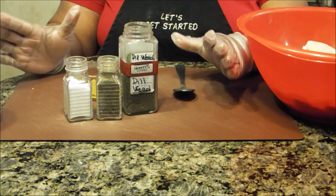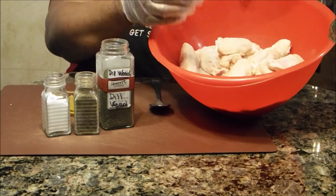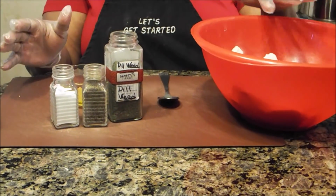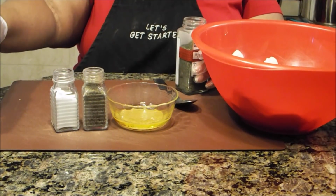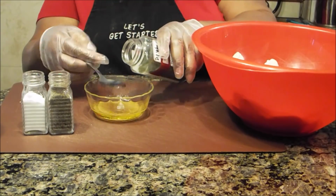Okay, now we're back, and my chicken wings, they have set. Then I rinsed them off, and I paper towel them dry. Okay, so I just pat them dry with a paper towel, because you don't want all that water on it. So now what I'm going to do is, I've already added my garlic to my olive oil. So now I'm going to add